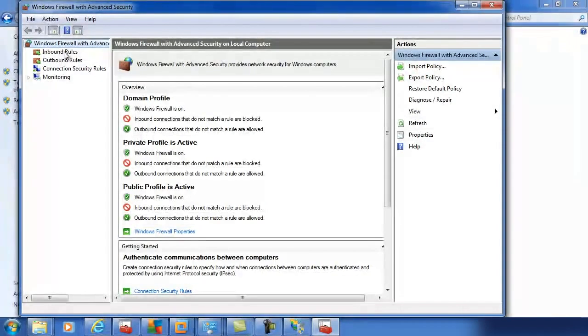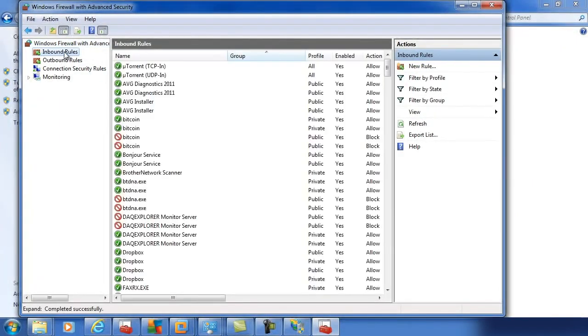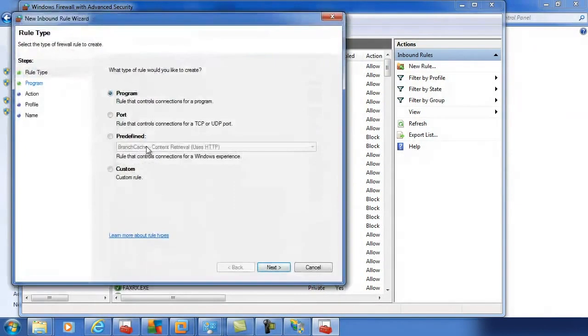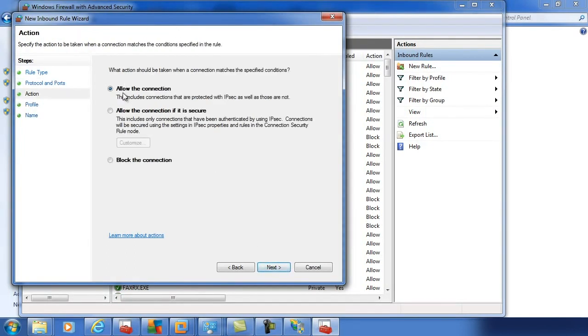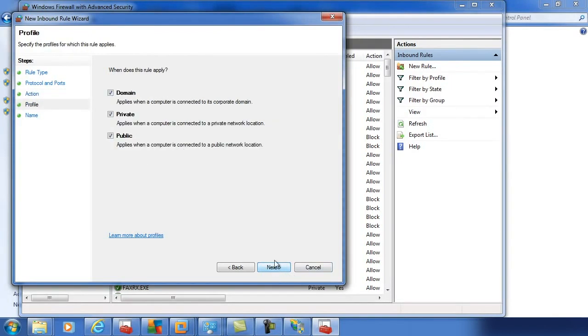So what you need to do is go in here to Inbound Rules, New Rule, Port, next, TCP, that's fine, specified ports, put in 21, next, allow the connection, next,